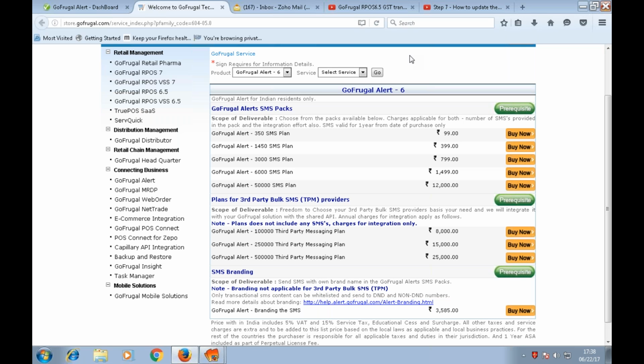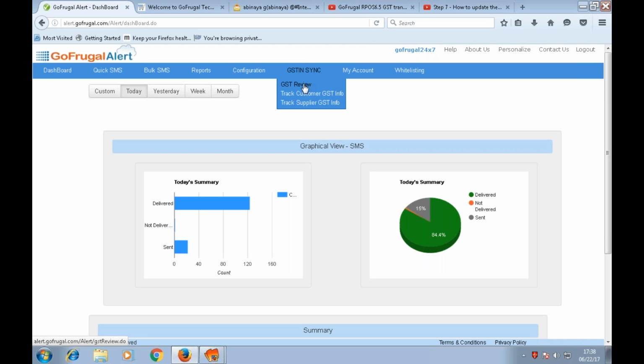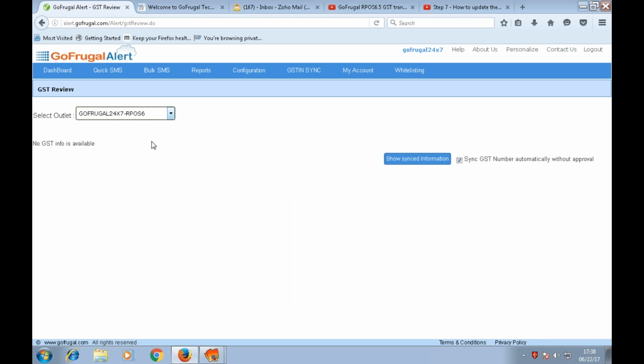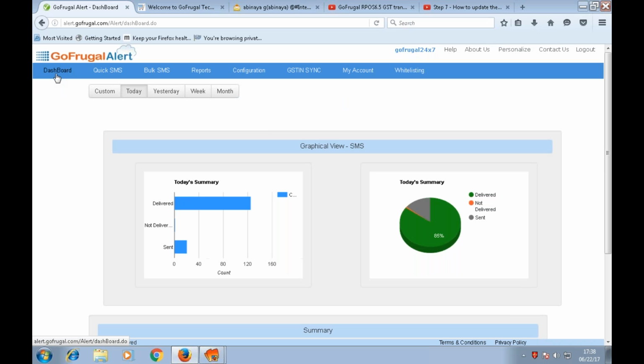So we have just shown you a demo. You can try this with your GoFrugal alerts in your POS. And also, if in case you have any queries, say third-party integration, it is also available with us. You can go to the store.gofrugal link, as I told you. There you can purchase third-party integration services also, alert services. And for more on third-party integration or more on alerts, you can also visit